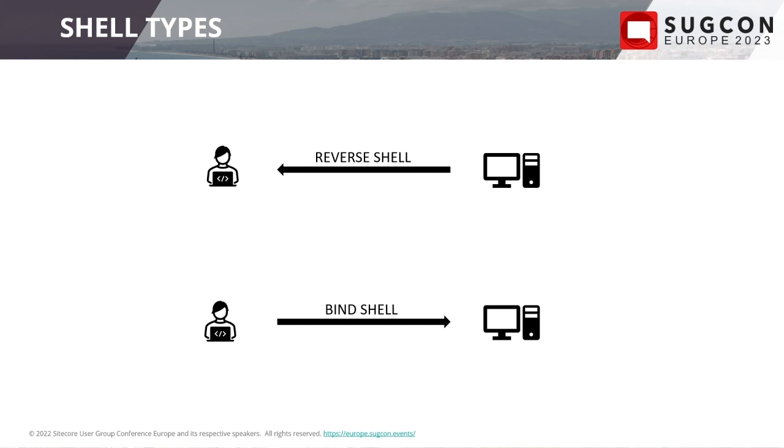You divide shells into two types, a reverse shell and a bind shell. Each has its own benefits. The reverse shell is when the attacker spawns a process on the other end that connects outwards to the attacker. It has some benefits, mostly if the target, in this case whatever Sitecore instance you have, is locked down by firewalls, it's easier to get the target to connect outwards. And it could be that the target is buried very deep in some company network, an old forgotten server, but it can still connect out.